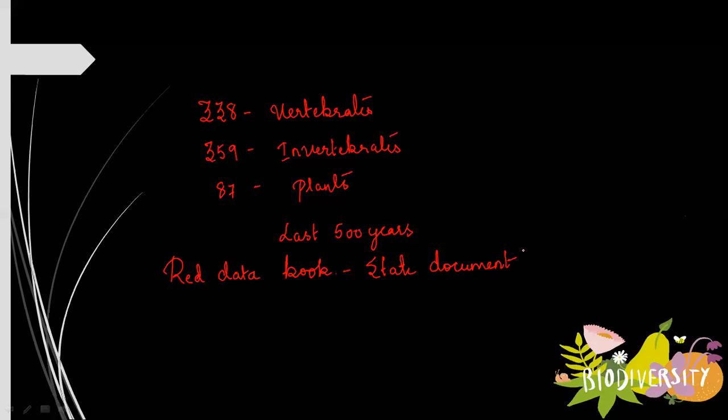Then what does the Red Data Book do? Do they take all these species or some species? Or if they take all the species, then which are those species? Put down on the chat box if there is any doubt or questions. Put down the answers as well in the chat box. How many species does the Red Data Book collect the data about? Animals. Then next one is